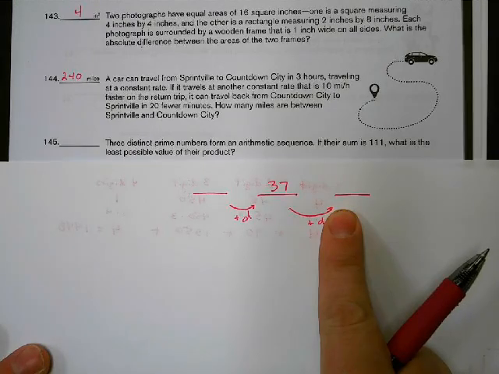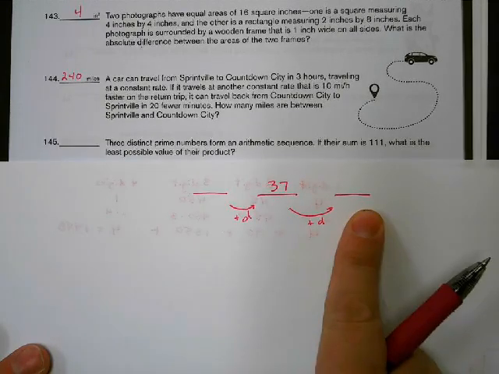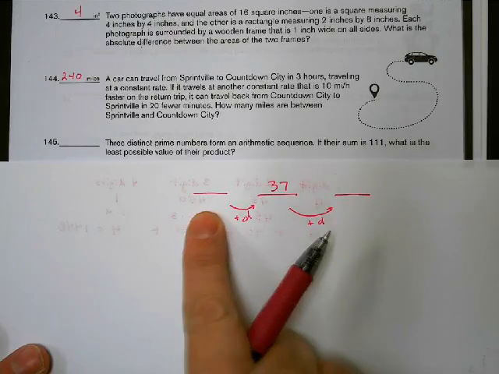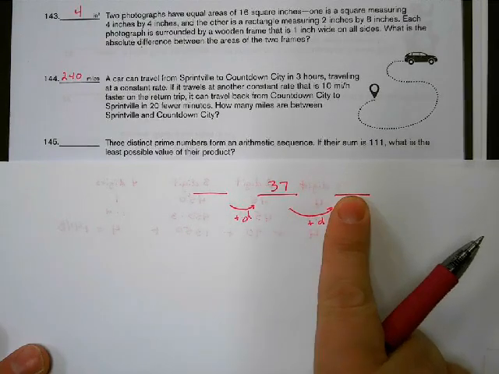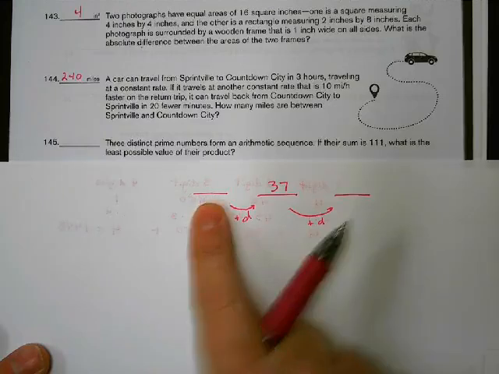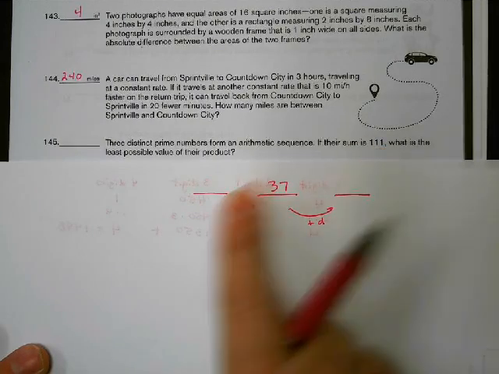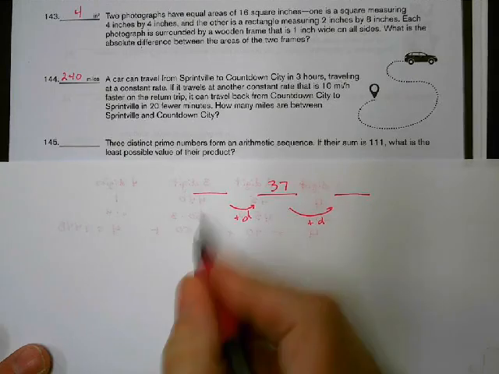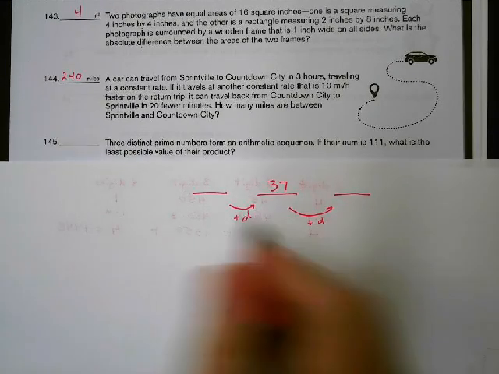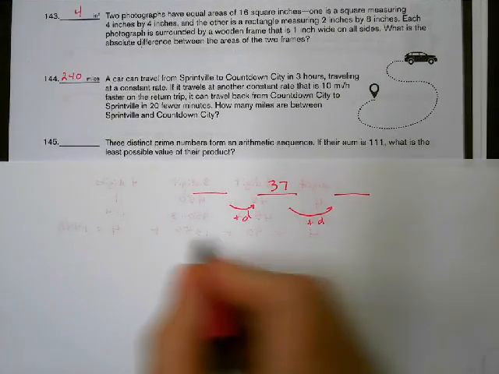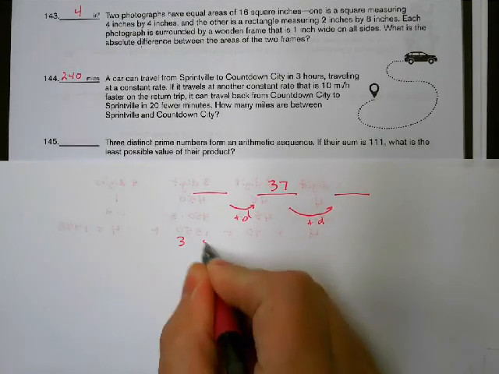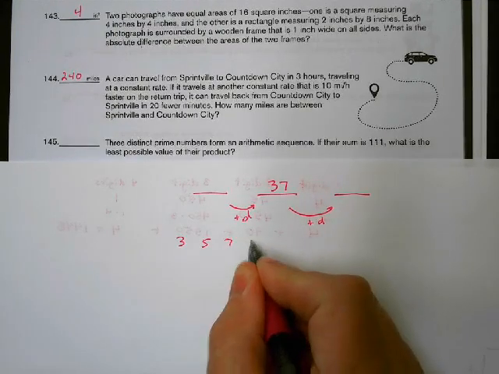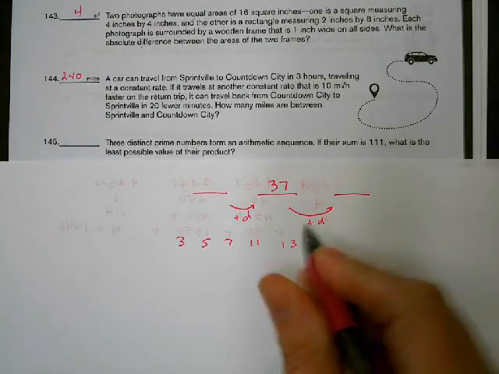Because if I use 2 and an odd number here, odd plus even would be an even number. So I need 3 odd numbers here, so I can't use 2. All right, so the prime numbers other than 2 would be 3, 5, 7, 11, 13, 17, 19,